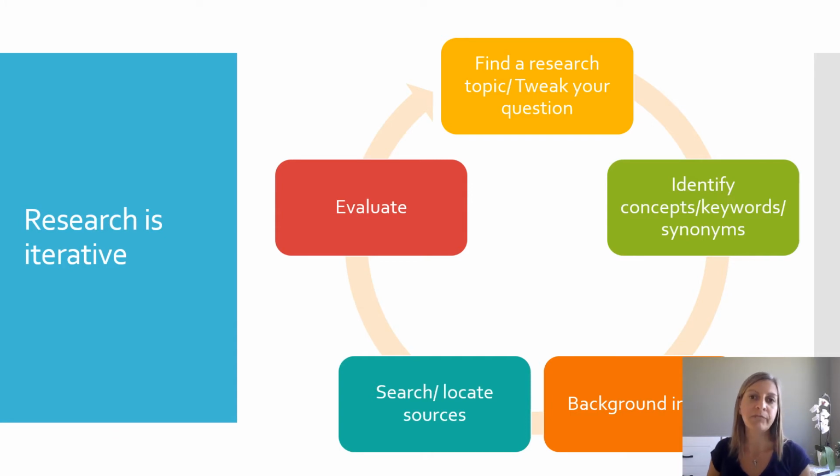Let's just take a minute to review the research process. I always like to remind students that the library research process is cyclical and iterative. It is normal to feel like you are going around in circles sometimes. You start by thinking of a topic or a research question. You identify some of the major terms or keywords. You may need to do some Googling or reading to get some background and learn a little bit more. Then you may be doing some searching in Omni or databases. You evaluate what you find, and then you often need to tweak your topic or your search terms a little bit, and you go around again. This is all part of the process, and it's completely normal and expected to do a bit of back and forth.